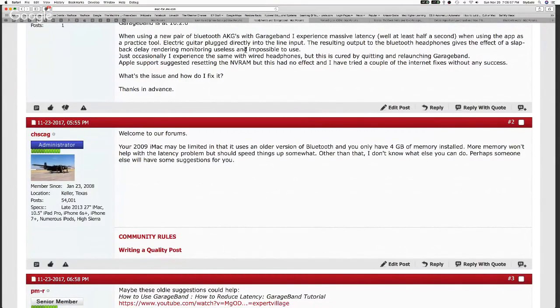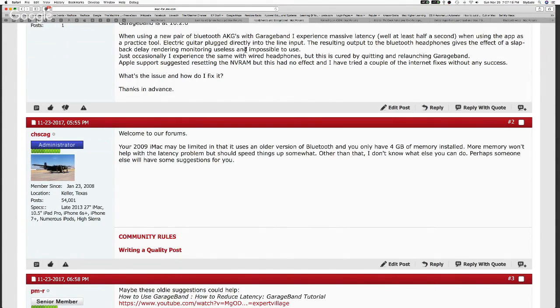And using some Bluetooth headset, he's getting some latency, which, as I'm sure you could guess real quickly, is not something that you want to experience while you're trying to practice. It really messes up the practice for you.